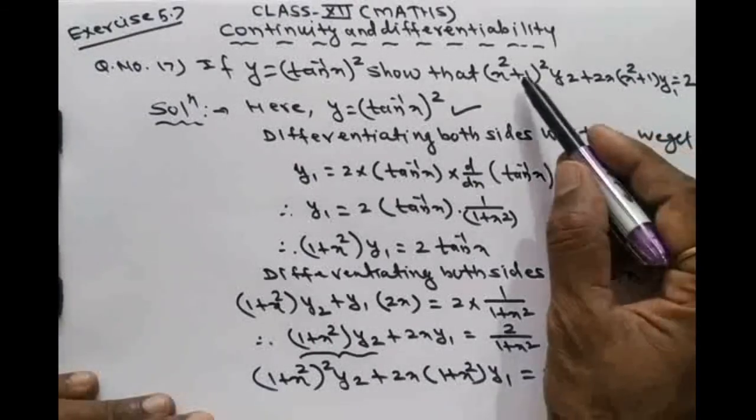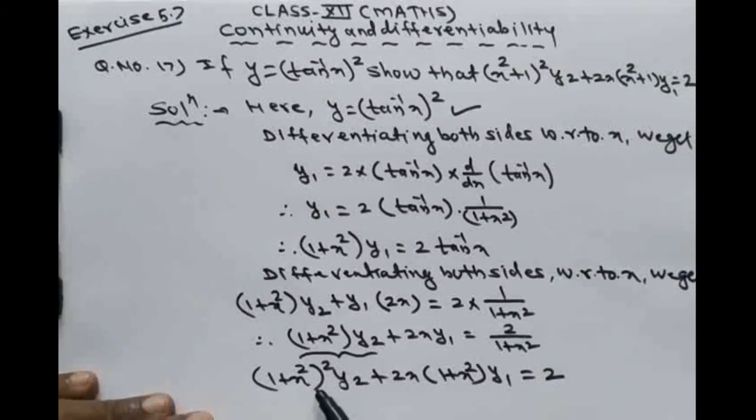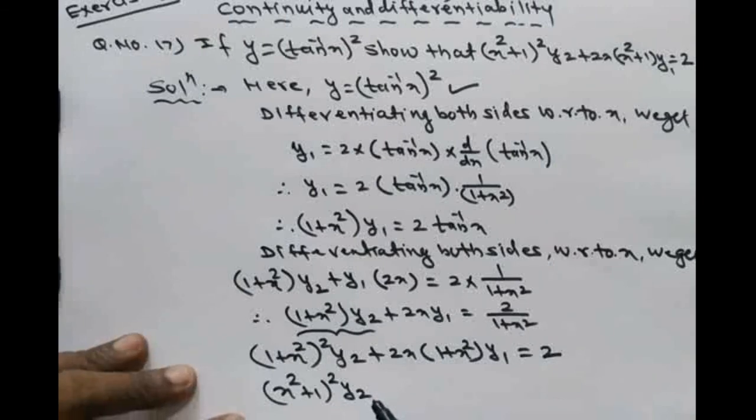Therefore see here, (x² plus 1) whole square into y2 plus 2x (x² plus 1) into y1 equals 2. So in this way we can